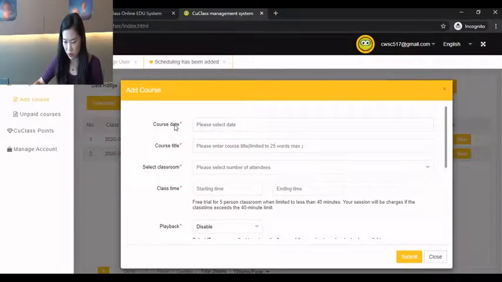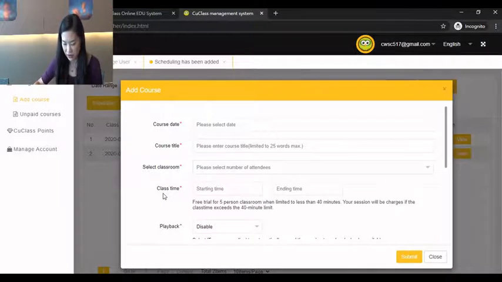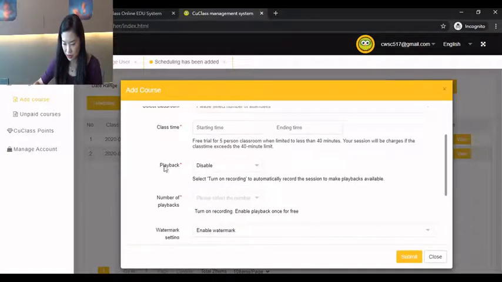So here, I'll quickly walk you through the content. Here's the course date, the title, and select classroom would mean the class size, how many people are going to be attending your class, 5, 10, 20, 35, etc. Class time would be the class duration, starting and end. Whether you need playback recordings, and the number of playback available,